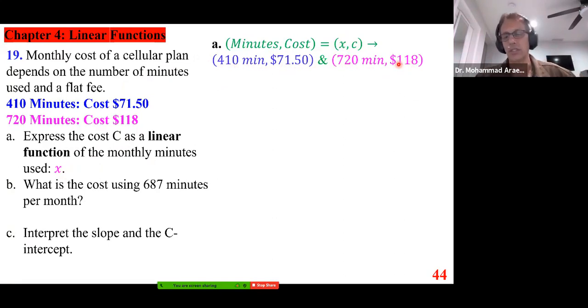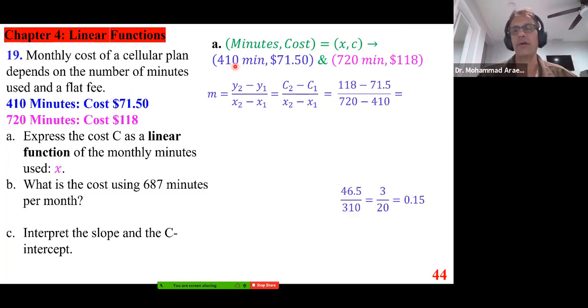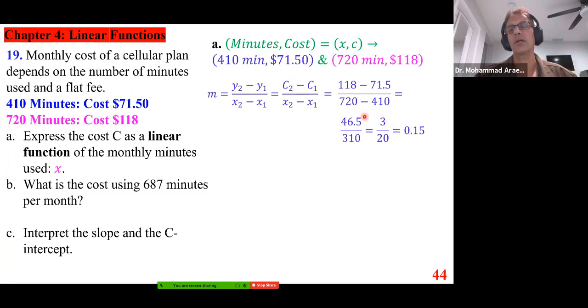We are going to use the slope. Remember, the slope is rise over run, y sub 2 minus y sub 1 over x sub 2 minus x sub 1. We are going to say C sub 2 minus C sub 1 over x sub 2 minus x sub 1. So (118 minus 71.50) over (720 minus 410). Now we have to simplify. It becomes 46.5 over 310, 3 over 20, or 0.15. You can use either one